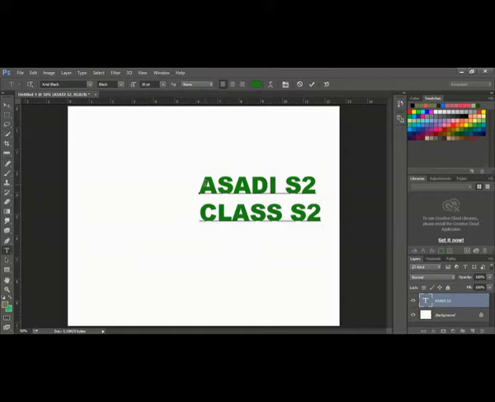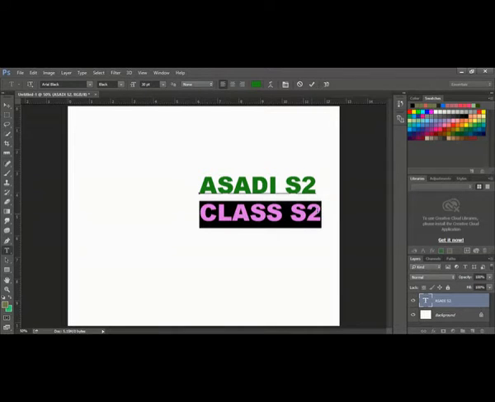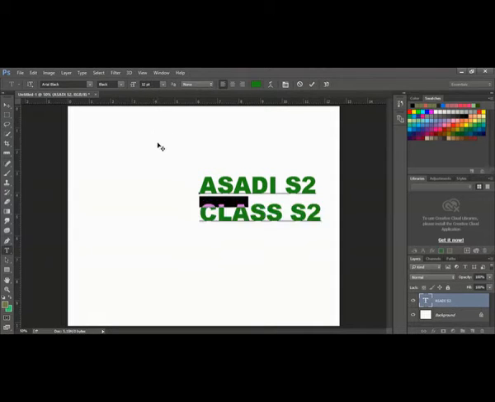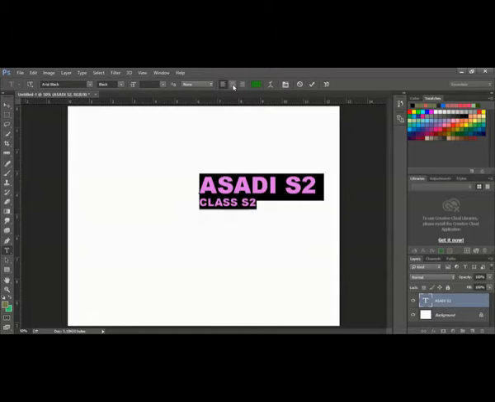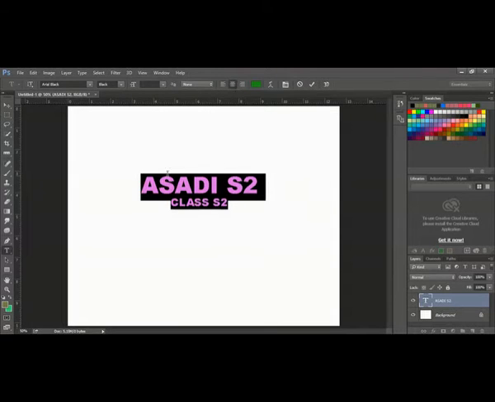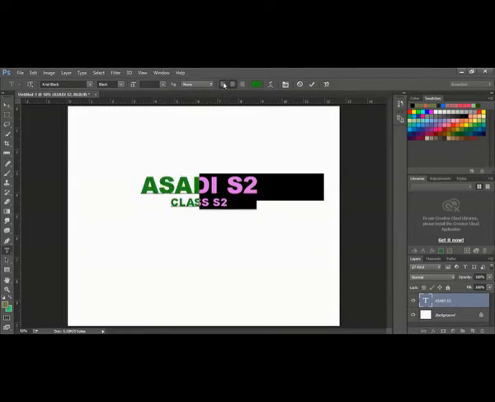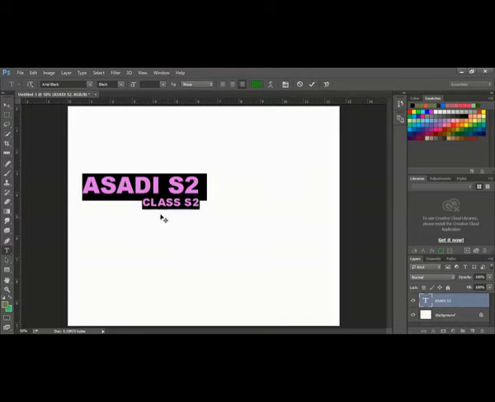And I will select this and make very small, to 40. And if you select now, center, so that all the text becomes center. It became left. You see that it is moving to the left. It moving to the right. So that's how you can change the alignment also.